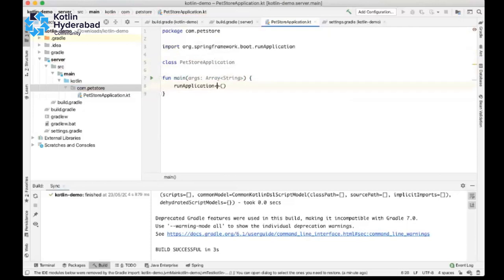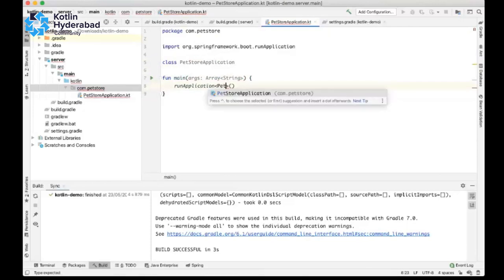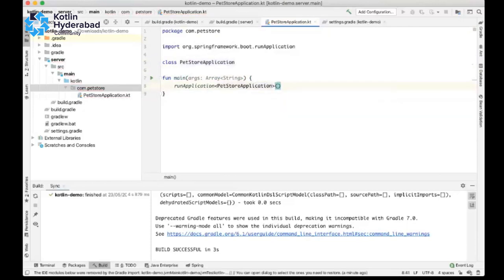Run application is the method from Spring Boot from which our Spring Boot application starts. So let me run this.